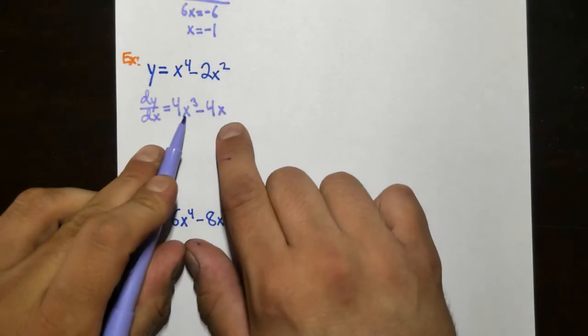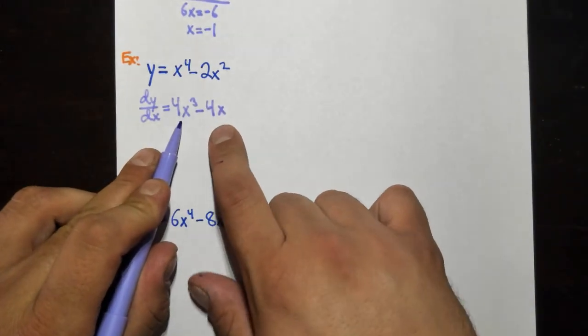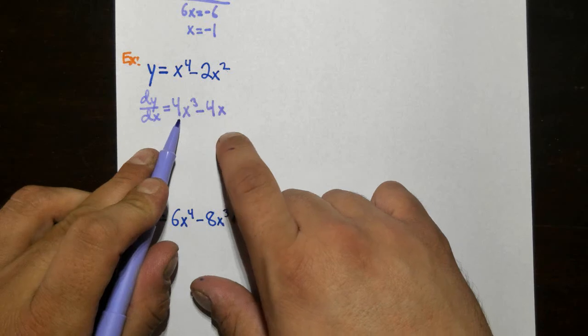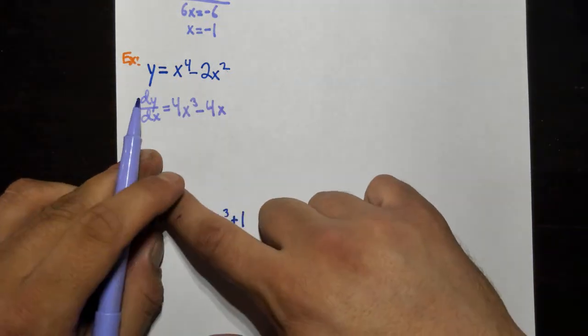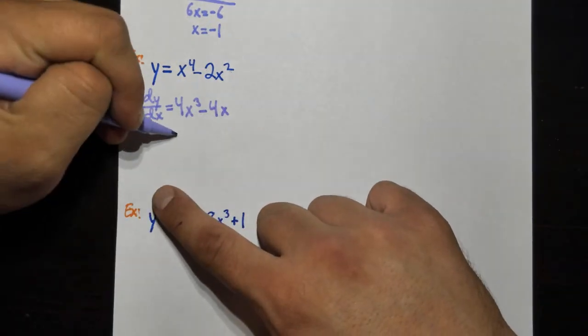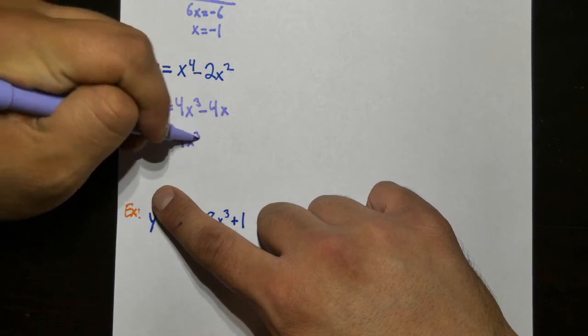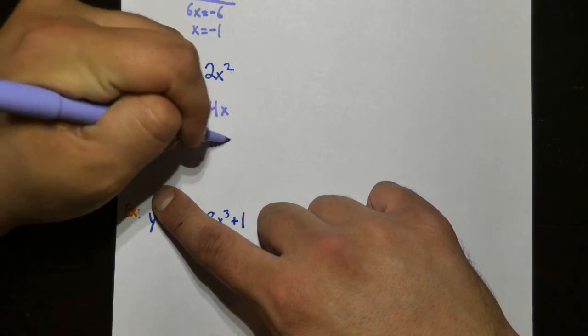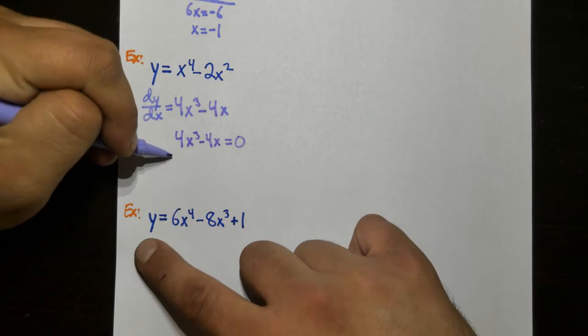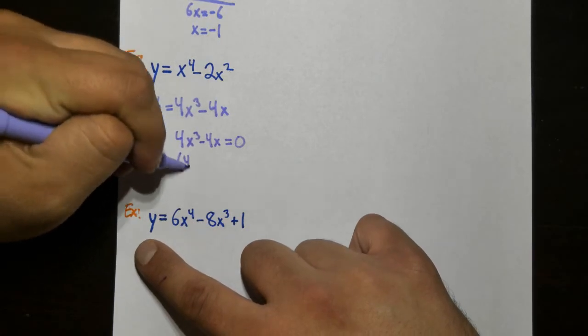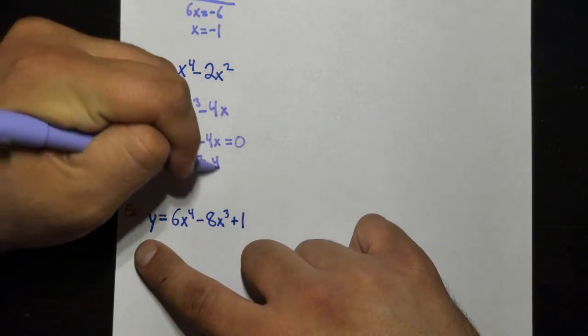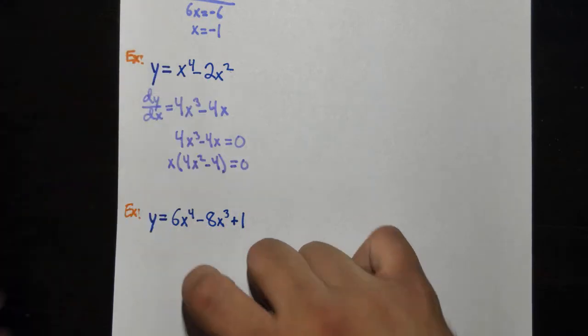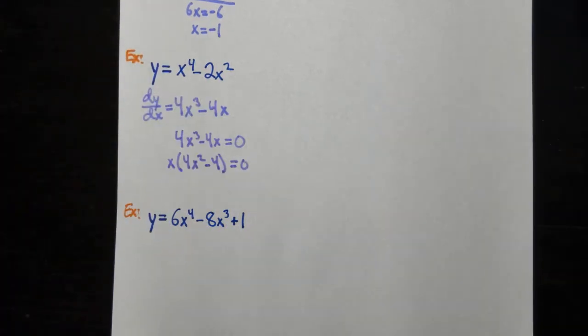Now, right away I see that each term has an x in it. So when that happens, let's try to factor out an x and see what happens. We're going to set it equal to 0: 4x cubed minus 4x equals 0. And I'm going to go ahead and factor an x out, which will leave us with 4x squared minus 4 equals 0. Well, now that we have,